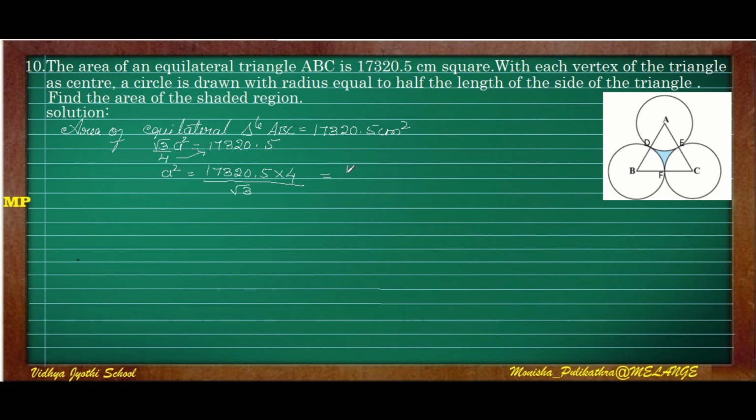We know that the value of root 3, the entire value of root 3, is 1.73205. So A square is equal to 17320.5 into 4 divided by root 3. I am just removing the point. So 173205000 divided by